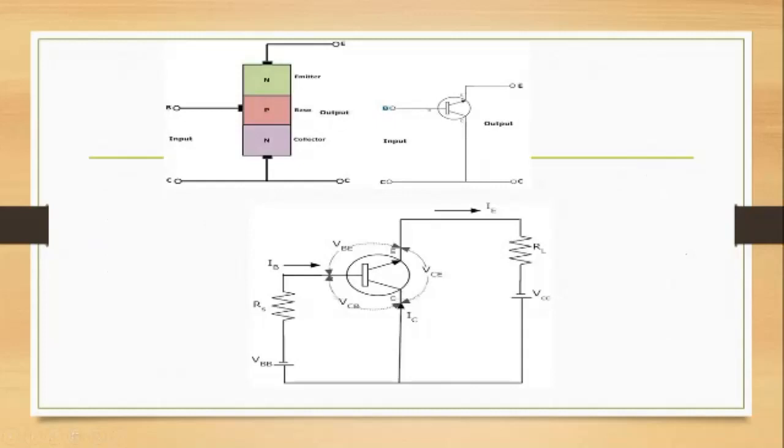So here IB is constant. After that, vary the collector to emitter voltage, 1 volt, 2 volts. According to those readings, we will note down the emitter current. Next, IB is equal to 5 microamps constant. Once you put the constant, don't disturb that one. Next, what will we do? VC values are changed: 1 volt, 2 volts, 3 volts, 4 volts. According to those readings, you will note down the emitter current. That is called the output characteristics.